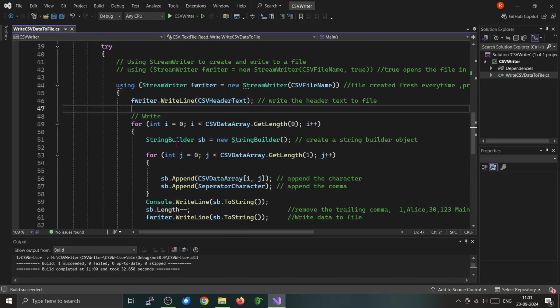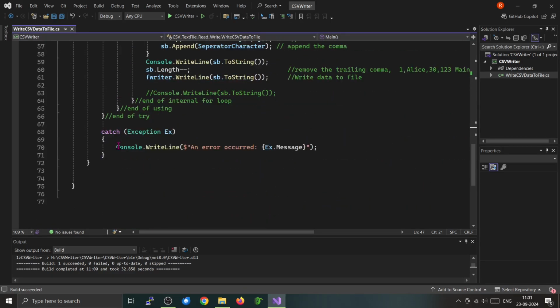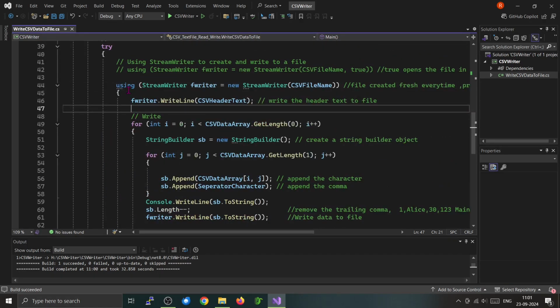So we have enclosed the whole thing inside a try catch exception handling code, and inside that we will be writing the data. Like the earlier one, we'll be using the using statement. Then we'll use a StreamWriter, fwriter. So we'll create a file name using the CSV file name. So it will create a file with the name,